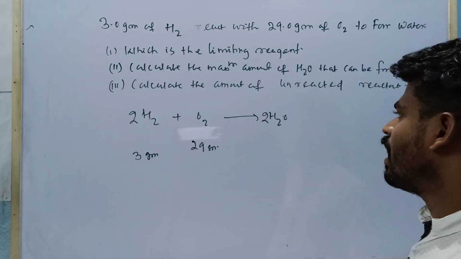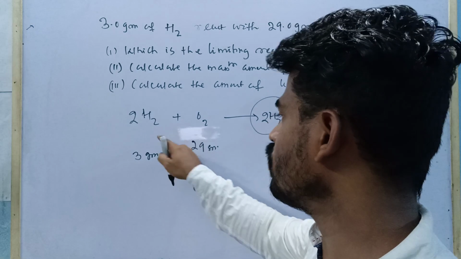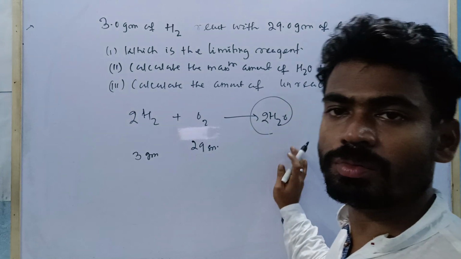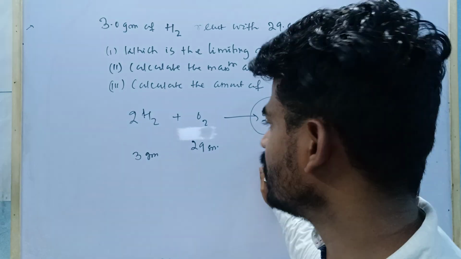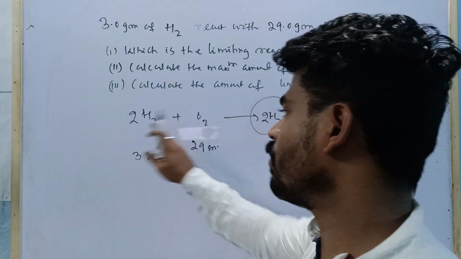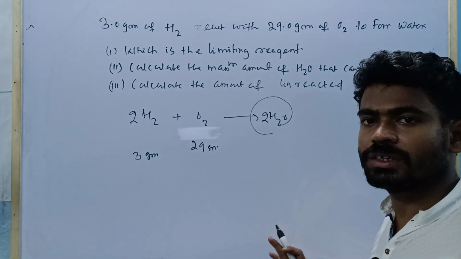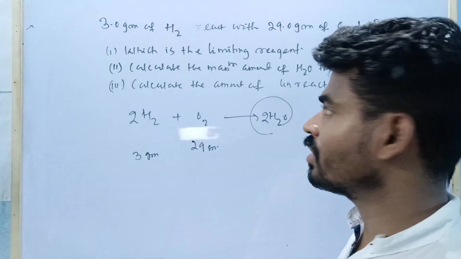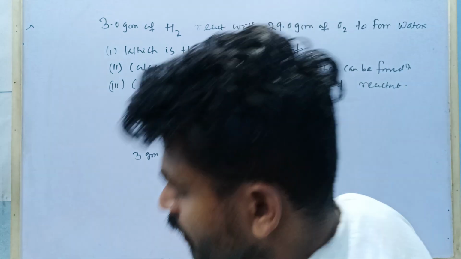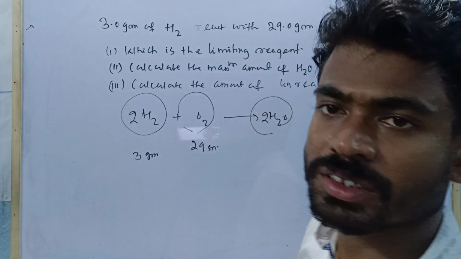Tell me, how can you predict the amount of water? I have not mentioned any specific hydrogen or oxygen. There are two masses given to you, one is 3 gram, another one is 29 gram, and my question is how much water is formed. I have not identified whether you should compare the formation of water with the mass of hydrogen or with the mass of oxygen. So in that situation, the concept of limiting reagent plays a vital role. The formation of water depends upon the limiting reactant. Which one would be the limiting reactant, hydrogen or oxygen? It's very important. Let us see.